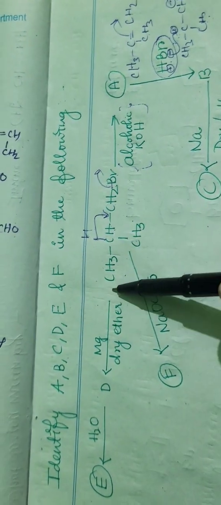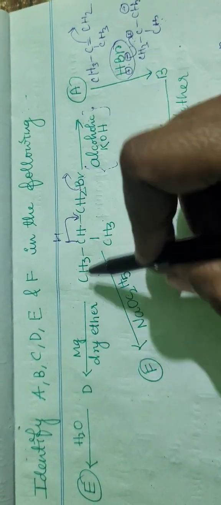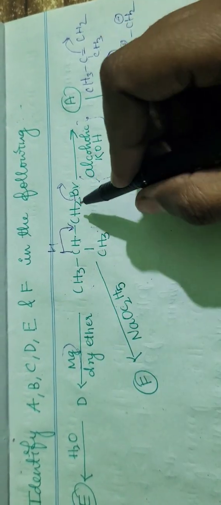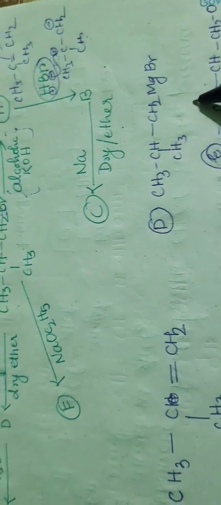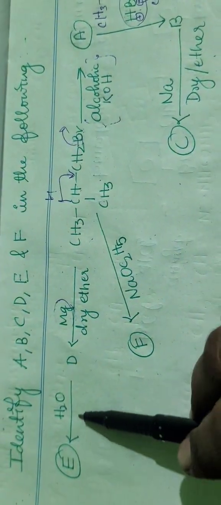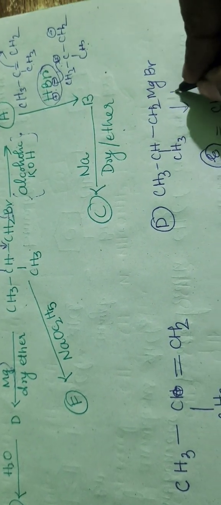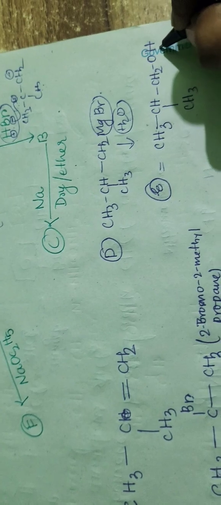Now once you get C, we can see here we have a D also. Now see, here you have a CH2Br, no Mg. For the formation of D, here the reagent given is Mg. तो यहाँ पे आप क्या करेंगे, Br के साथ Mg लग जाएगा, and the product will be this one, D. Now the next, for E, in the D if you put water, तो basically it does the hydrolysis, और ये MgBr will be replaced with the OH.